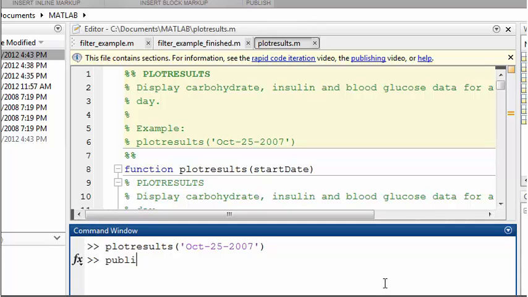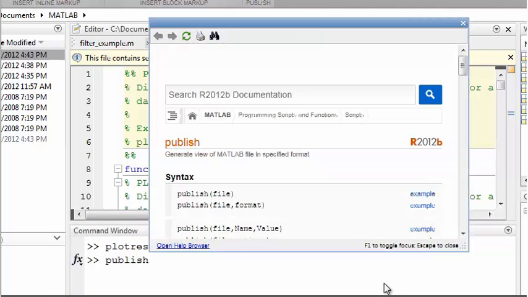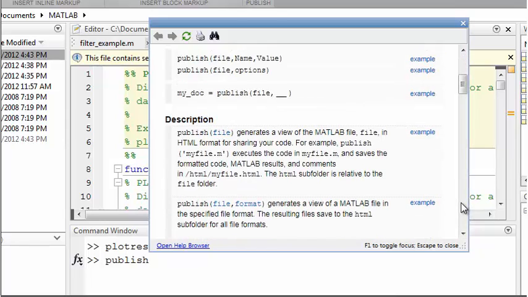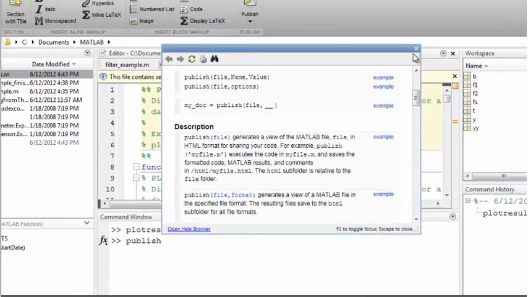Finally, you can also create documents from the command line with the publish function. This concludes the demonstration. You can try these examples in MATLAB now or watch one